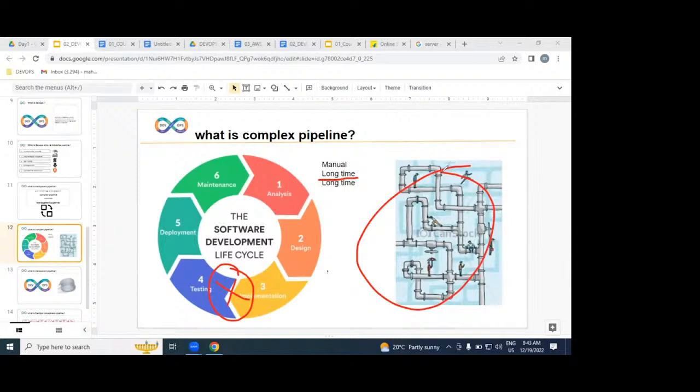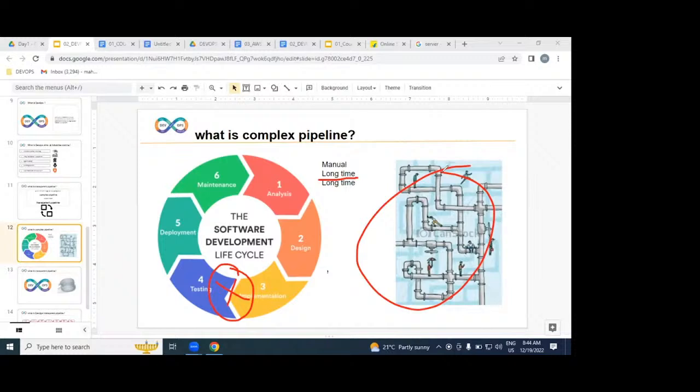Somewhere there is a blockage, not a leakage. Can you find immediately where the blockage is? Experts are required, and we need to pay more salary. Even experts may take half an hour, an hour, or a day to resolve it. It takes a long time. The same happens in the SDLC process: for identification and for resolving any issue, it will take a long time.